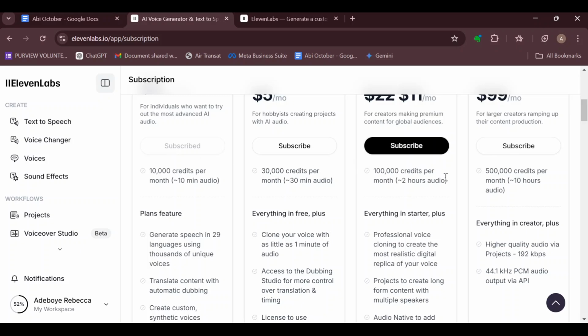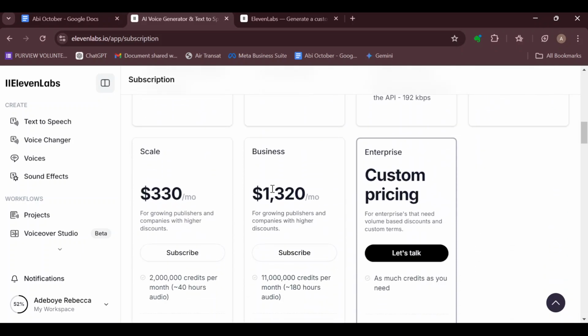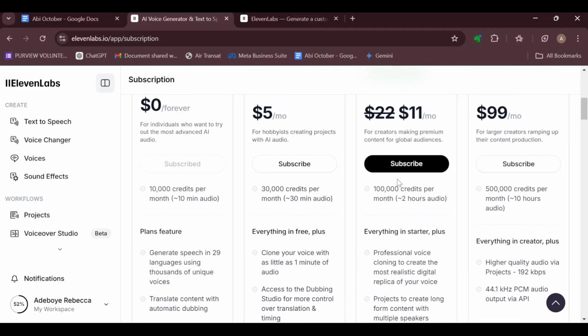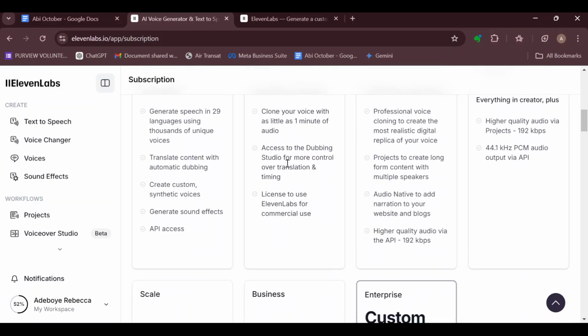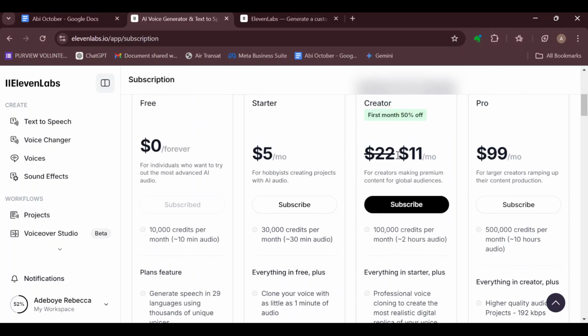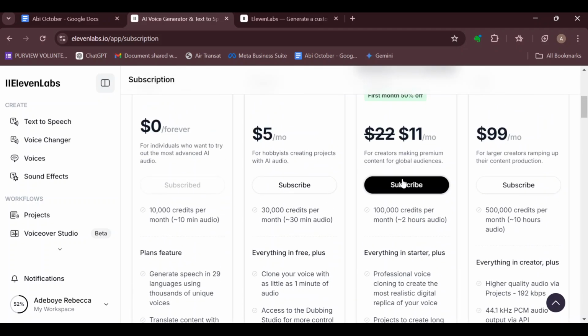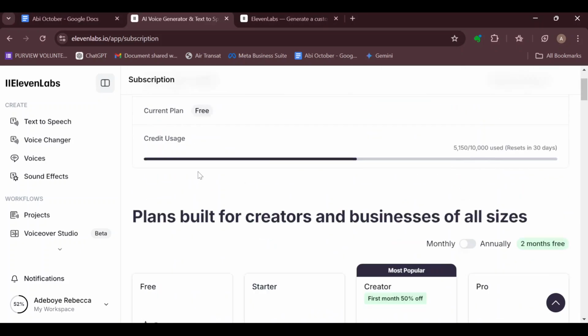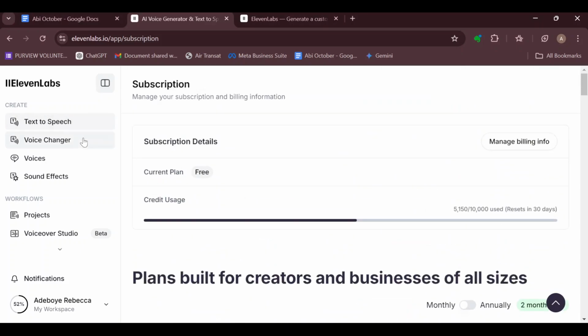So if you're on a plan like Creator Pro, or a plan like Scale, Business, or Enterprise, by the time you want to downgrade to a lower plan, you see the option downgrade, or you see the option cancel on your particular subscription page. So if you're on the creators plan, by the time you scroll down, on this same button where you can see subscribe, you see the option cancel listed. Click on that and you'll be asked the reason why you'd like to cancel, or if you're sure you would like to cancel. Click confirm to proceed, and then just like that, your subscription would be cancelled successfully on 11